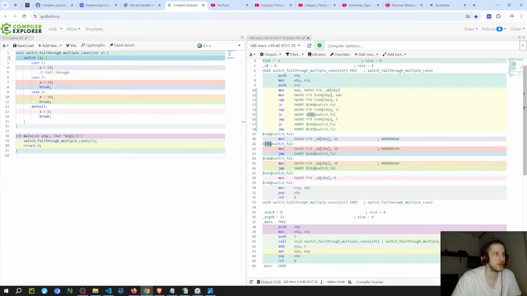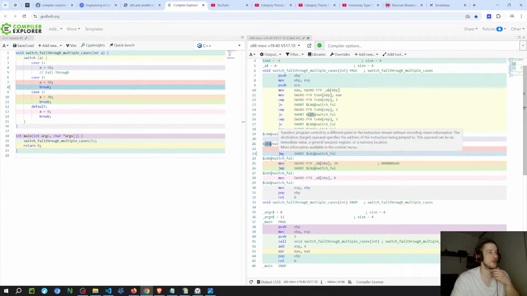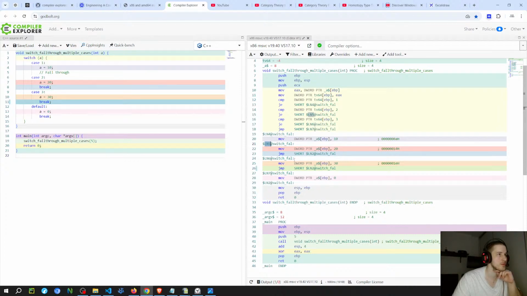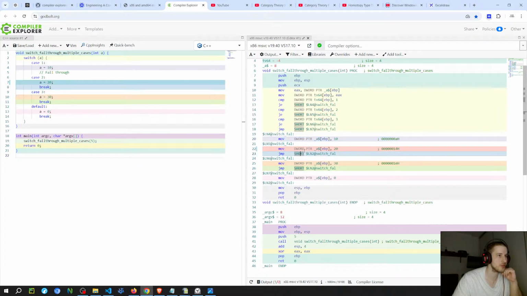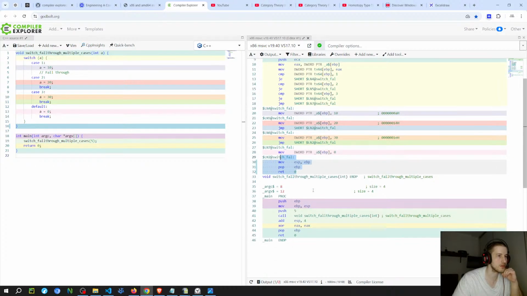Yeah, so here it compares with true and then jumps to the same address. So the difference is the way that it organizes the jump after. In the first situation, if it is 1, because it falls true, it's going to execute here as well. And then it jumps to avoid executing the other jumps. So this one goes to the final, which cleans up the stack.